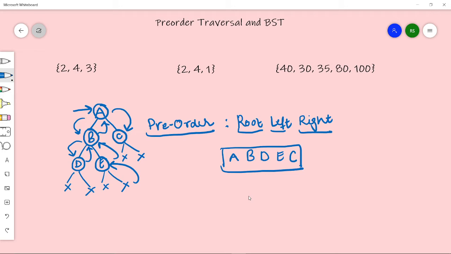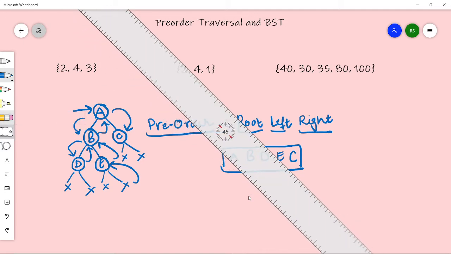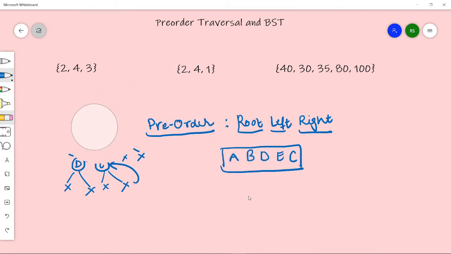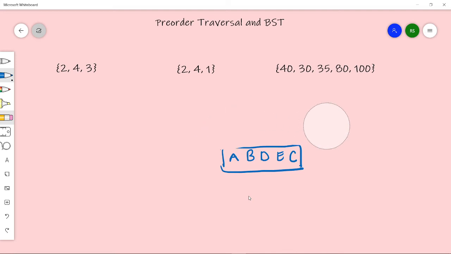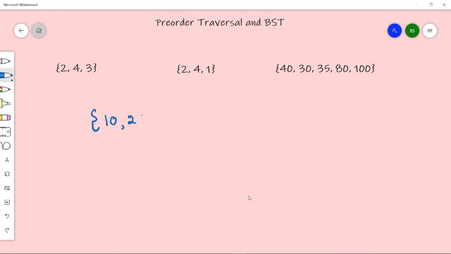Okay. Now let us see what is binary search tree. I'm given an array. Let's suppose this is my array. I have these elements 10, 20, 30, 25, 5. Basically these are random numbers.